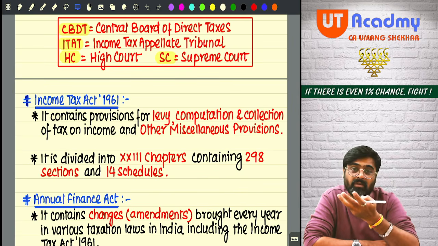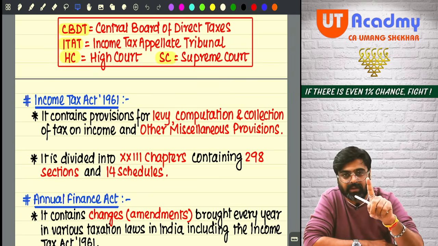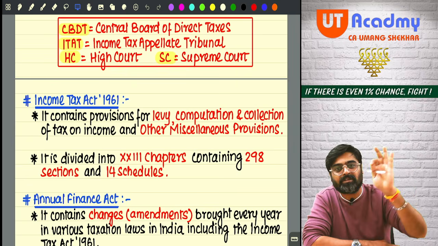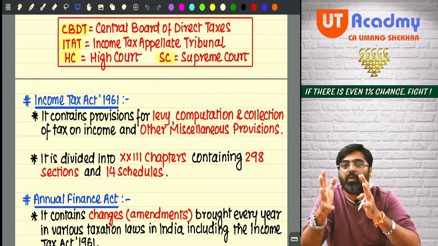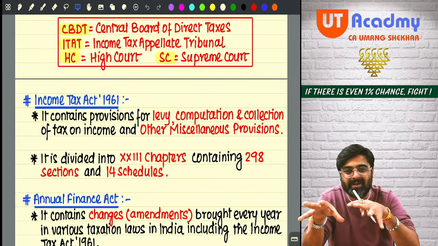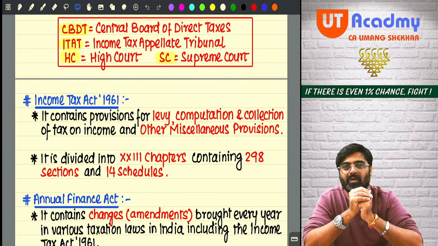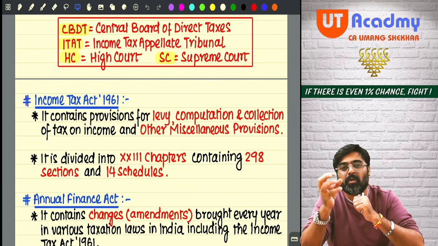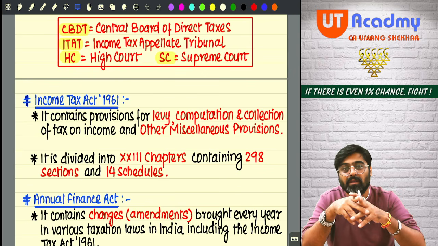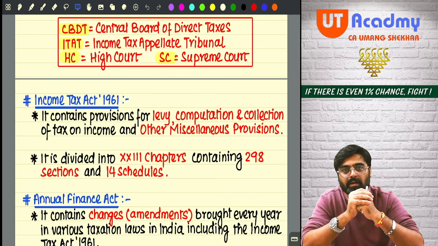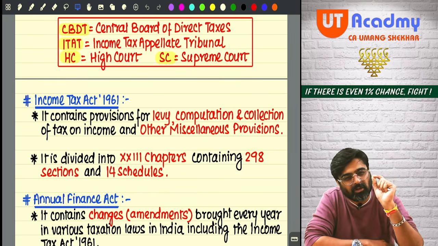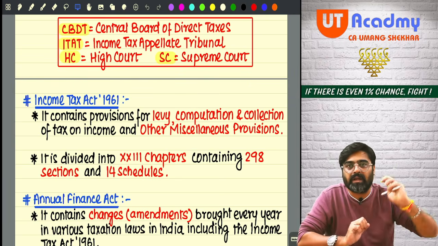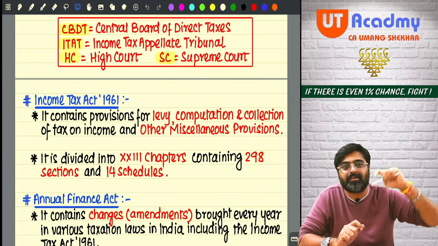So that means, sir, this law which we are studying will be redundant? No, don't worry, this will not be redundant. The new Income Tax Act which is made is merely a copy paste of this law only. But this law had too many sections scattered in between. There was a problem in logical sequencing. There were certain provisions which were actually not required. There were certain provisions where the numbering was haywire. Small changes have been brought, but the entire basics of this law are there in the new Income Tax Act, which you are going to study in your final CA.